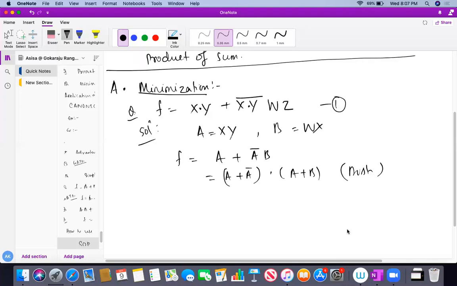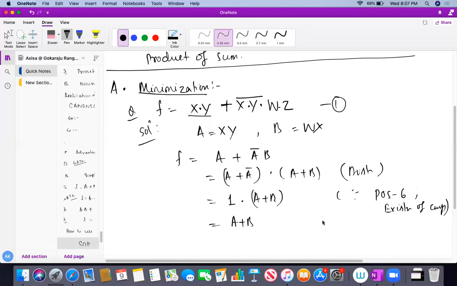So I'm just minimizing the sum of product. This is in the sum of products. See, these are all product terms. I'm just minimizing this. So A or A bar, I know that it's 1, so it is 1 and A or B. Here I have used postulate number 6, which is nothing else but existence of complement. Next, A and 1 and A or B. I can get here by postulate number 2, which is actually A and 1 is A. So finally I got the minimized version, F is A or B.